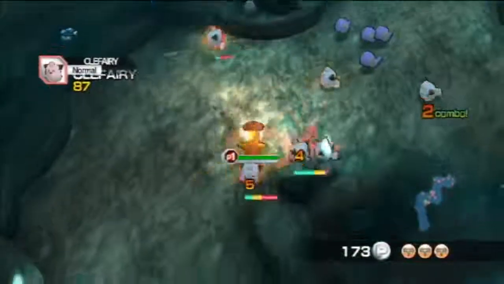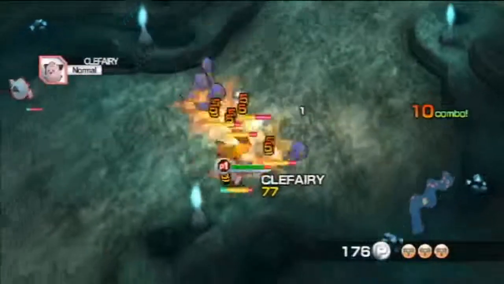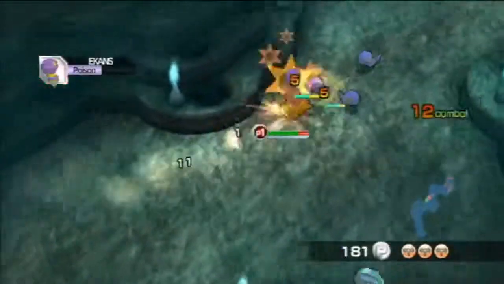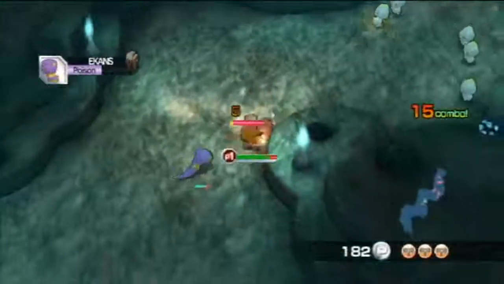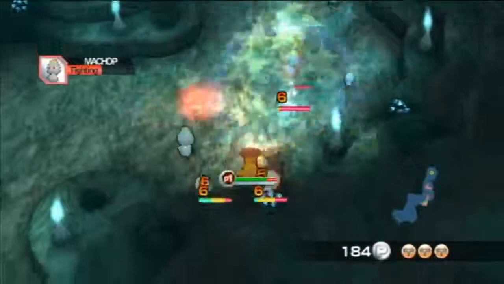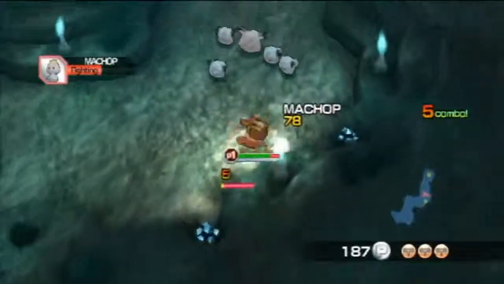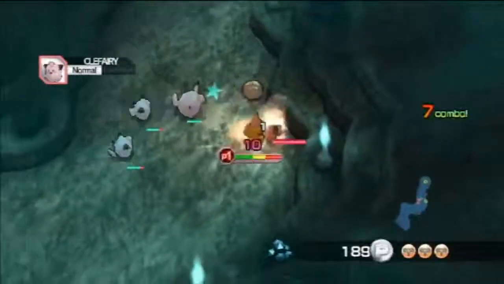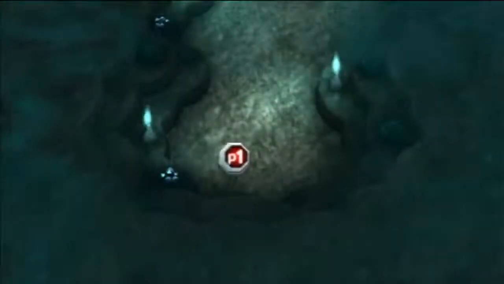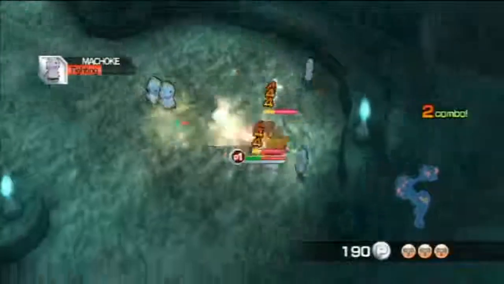Okay. This isn't the best of RNG. So you just want to keep going until you get the power. If for some reason you don't get the power by the time you get to the boss fight, you can either defeat the boss and then re-enter, or you can just exit the level and then enter it again. But this is not good RNG. This is the last room, I believe, so...